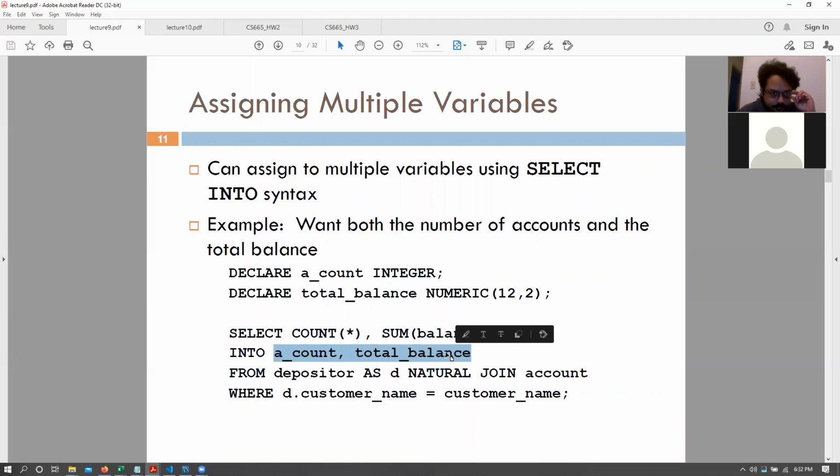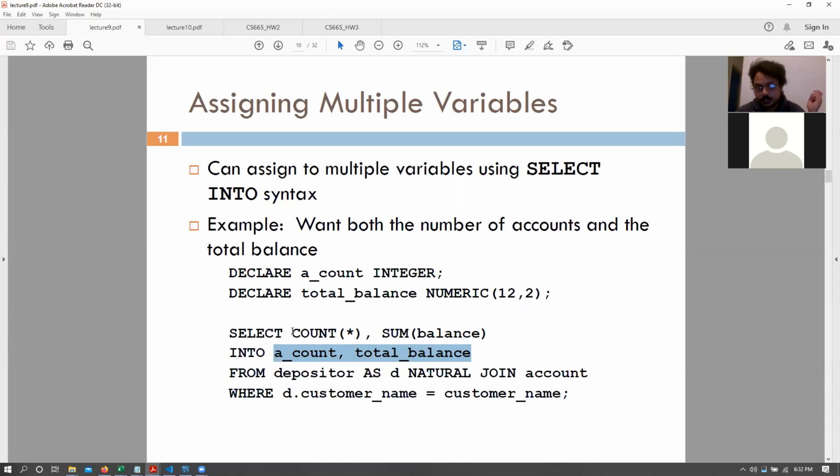Exactly. What do you mean by py? Are you talking about Python? I've never used the select into statement with Python. Is there a select into statement with Python? Cool. No, I mean in Python they also have multiple assignment in one statement. Right. Exactly. Yeah, that's what I'm trying to say. Like we have a comma b equals c comma d. Right. Exactly. Similar to that, we can do that sort of thing.